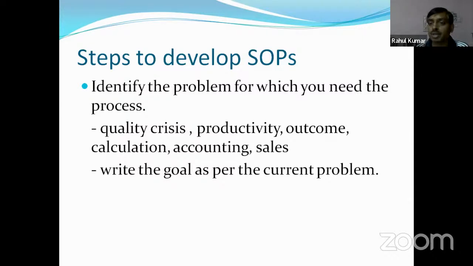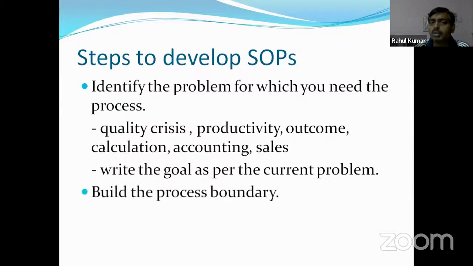उसका भी एक ऑपरेटिंग प्रोसीजर होनी चाहिए, तब तो फर्नेस ऑयल का कंजम्पशन हमारा मेंटेन रहेगा। बर्नर चेंज कब हुआ है, बर्नर क्लीनिंग कब हुआ है, हैमर का क्लीनिंग कब हुआ है, फर्नेसेस की क्लीनिंग कब हुआ है। These are the things that you need to write, and accordingly you need to set your goal.